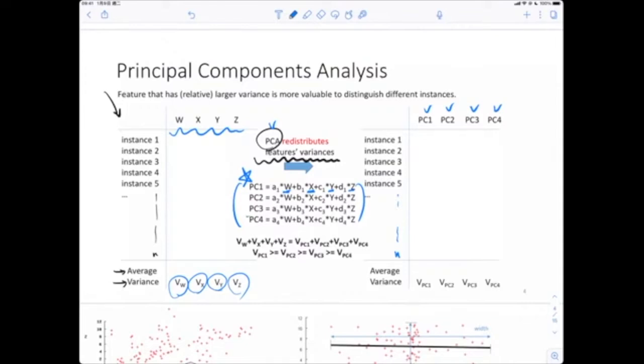And then when you do this PCA redistribution, that means you move your point of view around this cloud, so that you can observe your data from any angle.